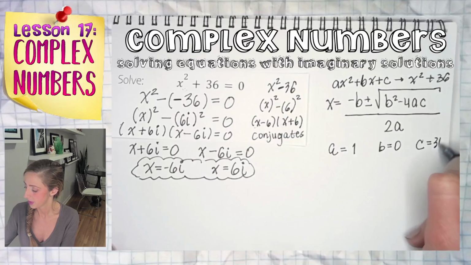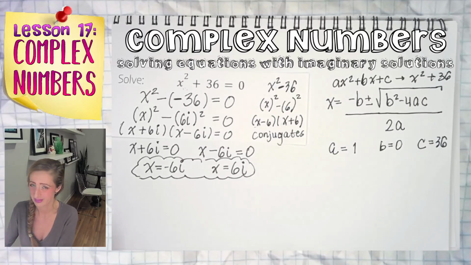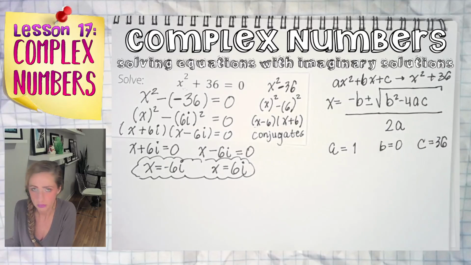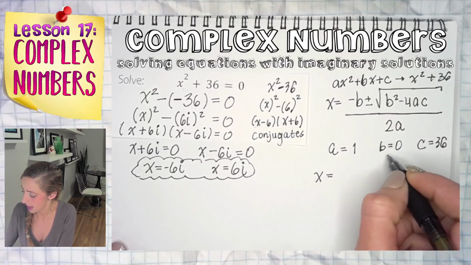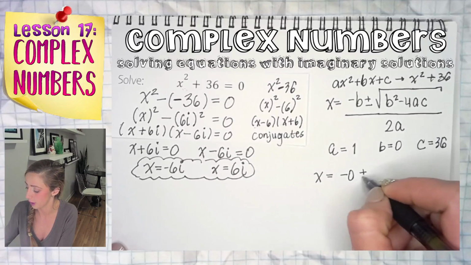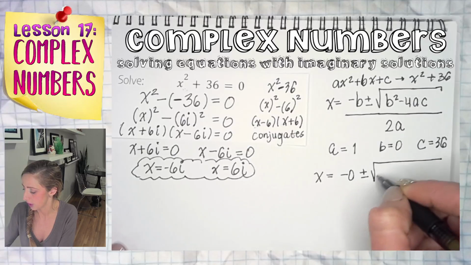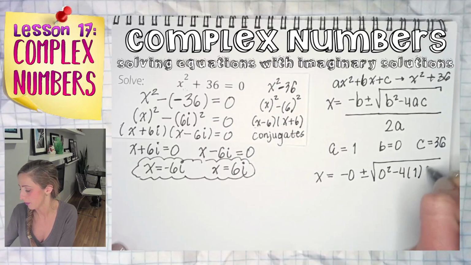C is 36. So it's a little weird when b is 0, which is kind of why using the quadratic formula is kind of silly. But let's see what happens, right? x equals negative b. I'm being a little ridiculous, but here we go. Obviously, you don't have to write anything. Plus minus the square root of b squared minus 4ac